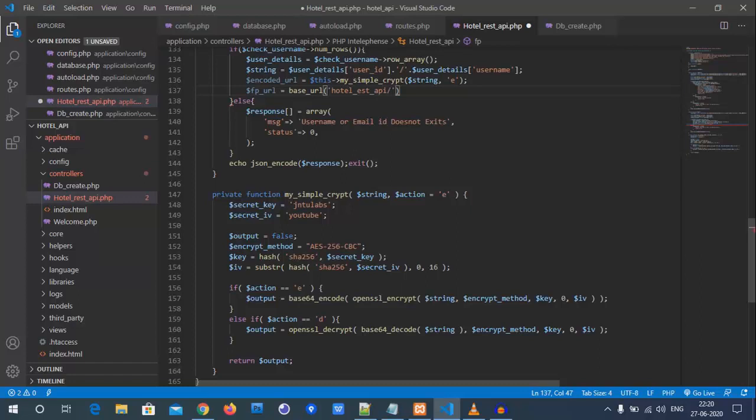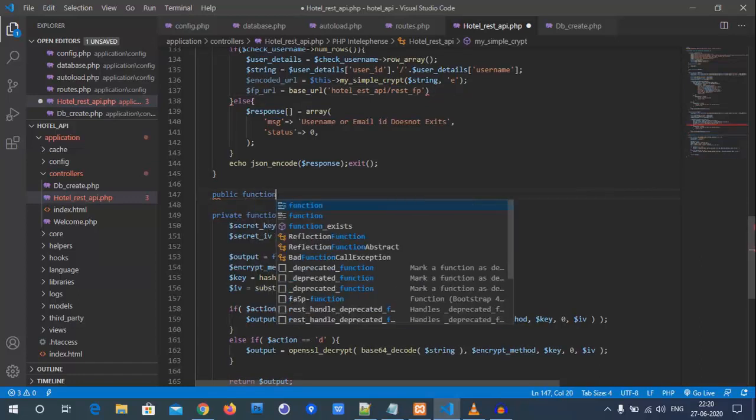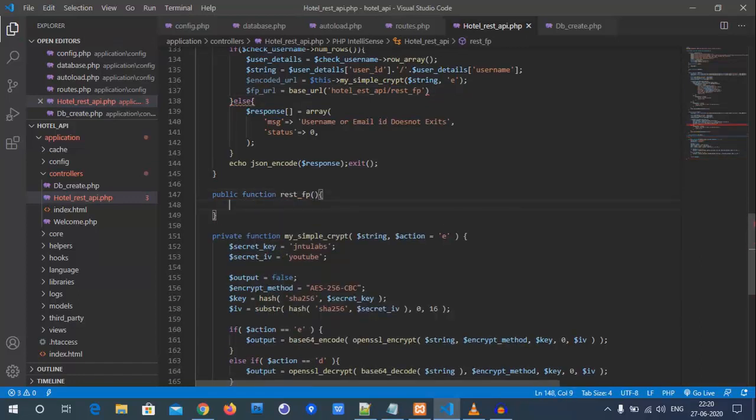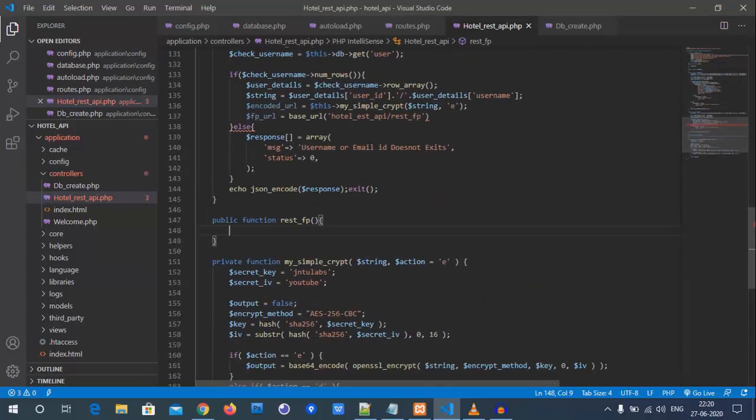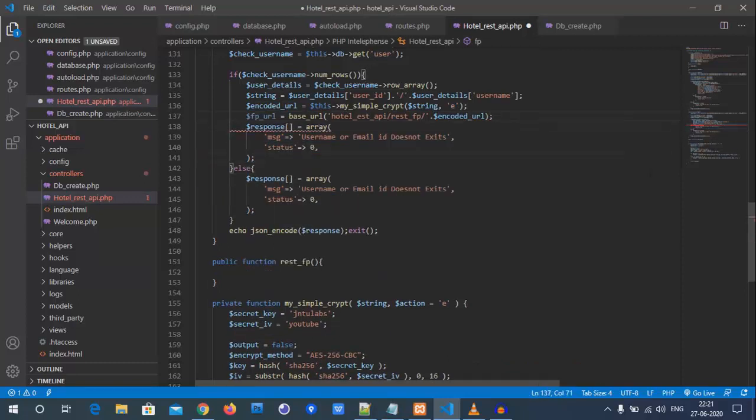And now we'll create a string where the user can reset the password. Here you go with the dollar string. We will create the string in this fashion: the user details of user id, which user id, and also the email id or username of the user for which we need to reset the password.